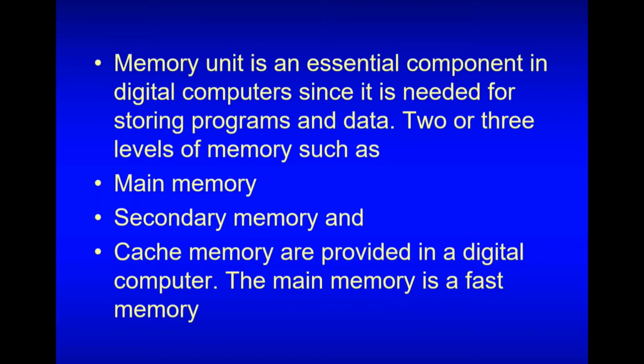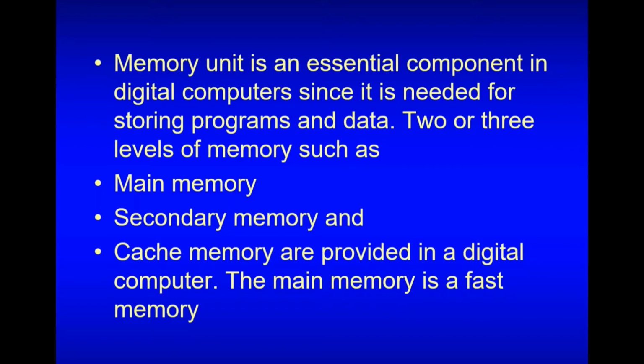The data which is not currently being used and can be retrieved back later has to be stored in bulk memory, which is categorized as secondary memory. The data which is currently being used, of course, will be used for processing. So it will always be in the main memory, which comprises RAM or ROM. And there is one more type of memory called cache memory. Cache memory is between the main memory and the secondary memory.